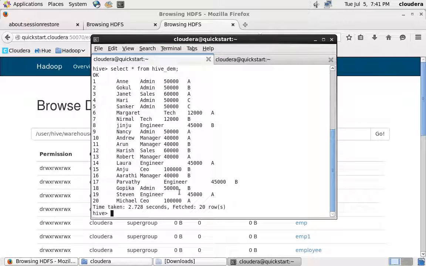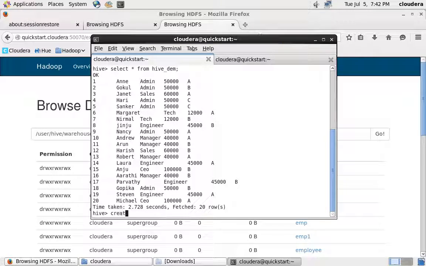So what we'll do is go for an external table. We'll create the same table, but instead of create table name, I'll say create external table name. I just use an extra keyword called external. So when I create an external table and load the data into it, though I drop my external table, only the schema will get dropped, but not the data to which it is pointing. So your data will be safe, and your data is not going to be harmed. That's why we always go for external tables.